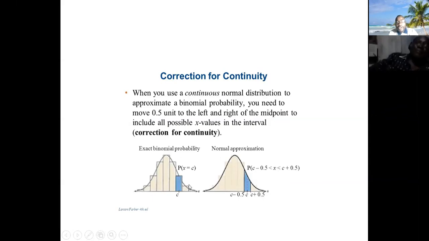What you should do is remove this edge here and put it here so that it fills the space. If you step further and remove 0.5 from the upper end, you add 0.5 on this side. That's the logic behind